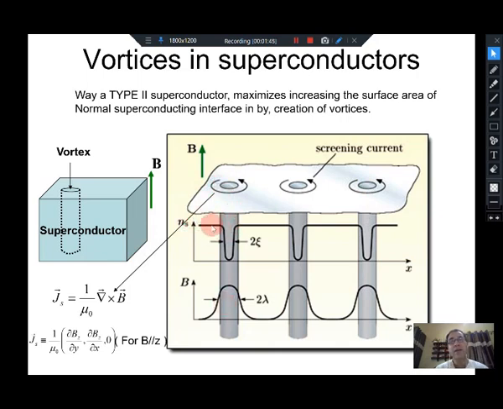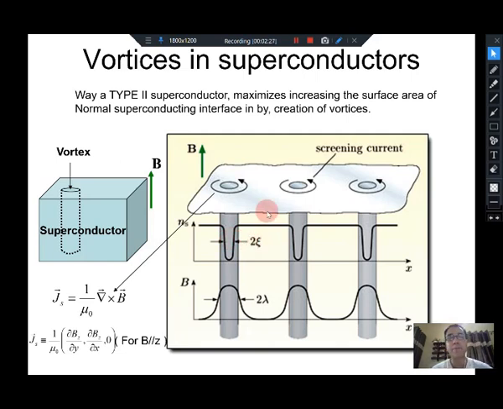Here you can see that outside the normal region, in the superconducting region, the density of Cooper pairs is constant, but once you enter into the normal region, the density of Cooper pairs goes to zero from the two edges. At the central region it is zero, and it falls over a distance xi. So the size of the vortex core is of the order of twice the coherence length. This is the distance over which the Cooper pair density goes to zero, which is of the order of xi. So the diameter of your normal vortex core region is of the order of twice xi, the coherence length of the superconductor.